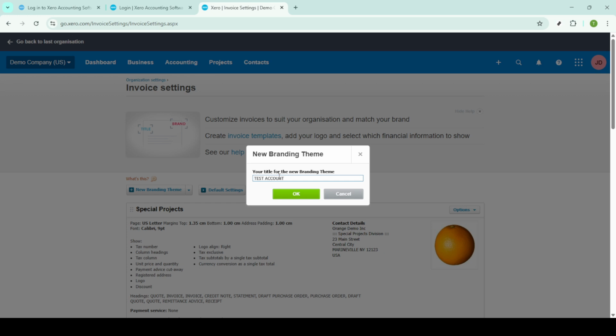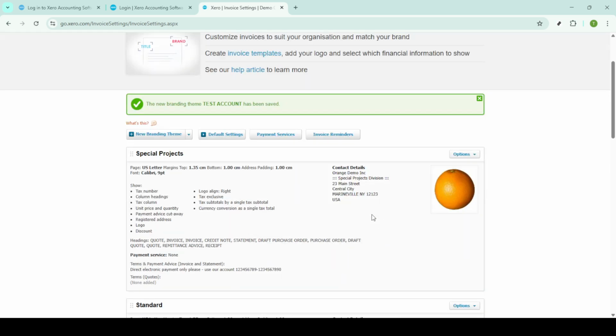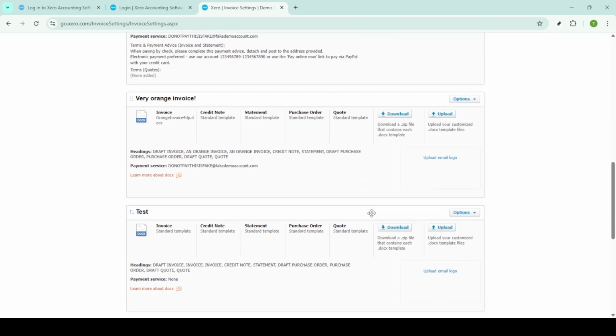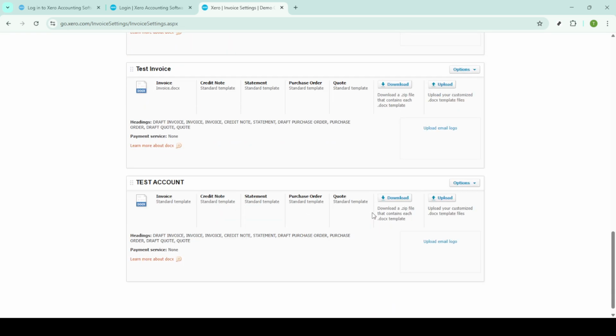Here you can customize the layout, fonts, colors, or any other elements you wish to include in your invoice. This is your opportunity to tailor the invoice to fit the specific needs and branding of your business. Once you're finished editing in Word, save your changes and get ready to upload your newly modified template back into